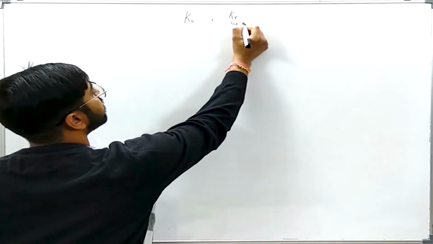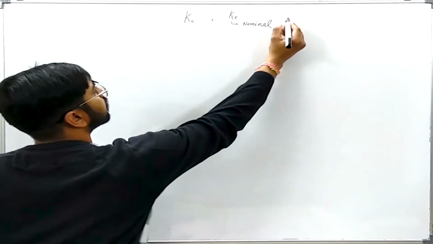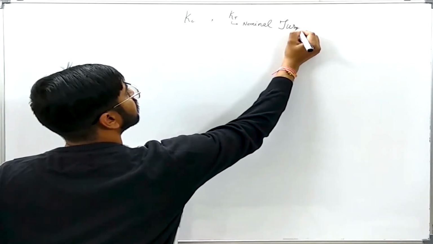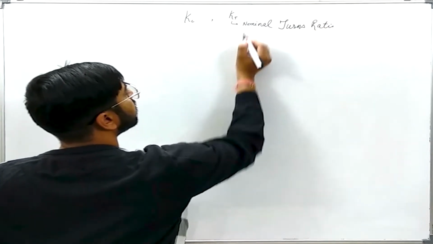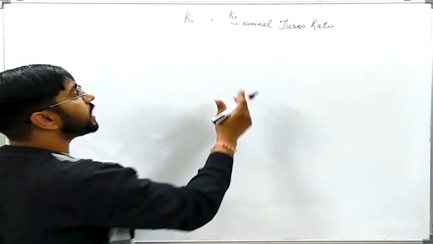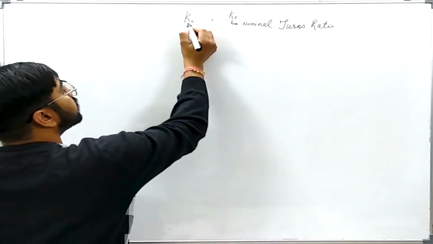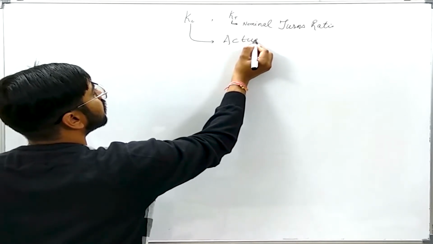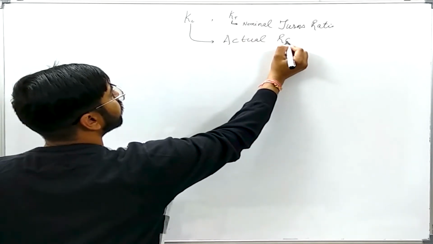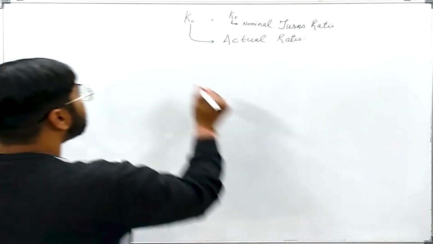This Kt is the nominal turns ratio, or the turns ratio of the windings, the ideal one. This Kc is the actual ratio. Okay. Now in our lecture number 127,